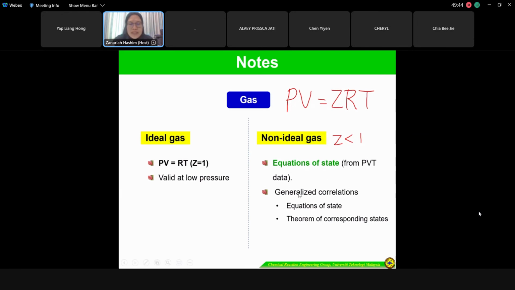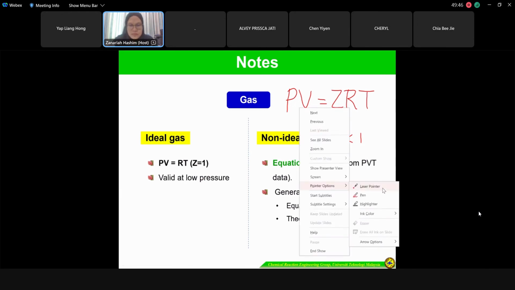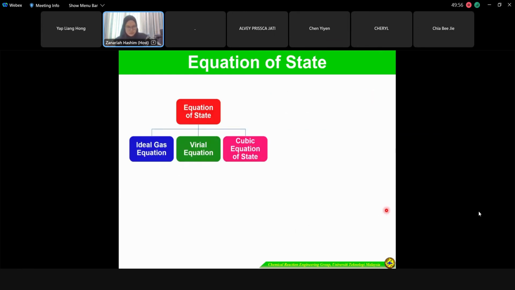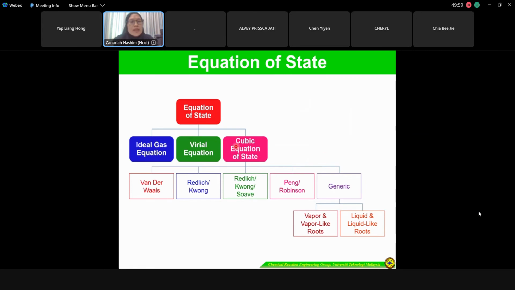And also we have the generalized correlations, derived from the equations of state and also from the theorem of corresponding states. So the equations of state, what is that? This is the general term that we use for the equation that shows the behavior of the PVT. Under the equation of state, you have the ideal gas equation, which is the simplest equation,